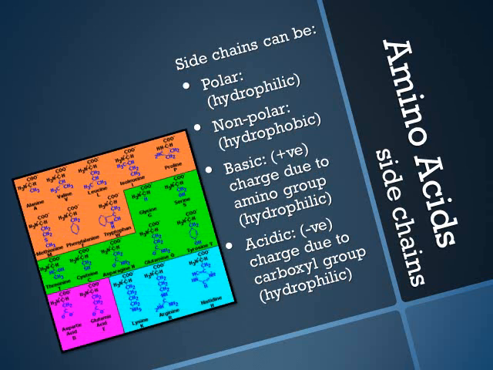Now here is a chart of our different amino acids. And in the black lettering, what we're seeing is the side chain. And it's organized a little bit differently than maybe we were drawing it on the board. So if you start moving, pick any one of them, let's say alanine, which is the first one in the